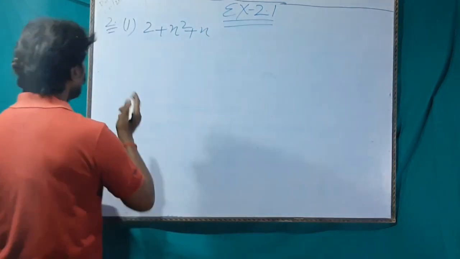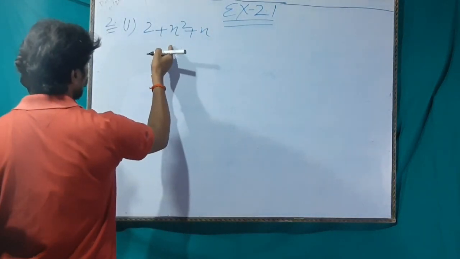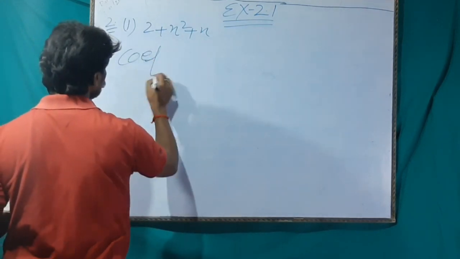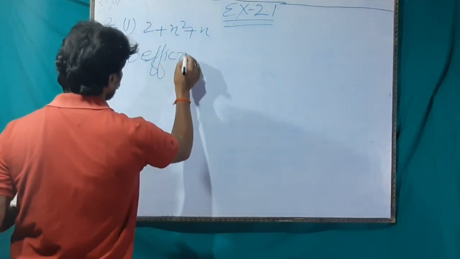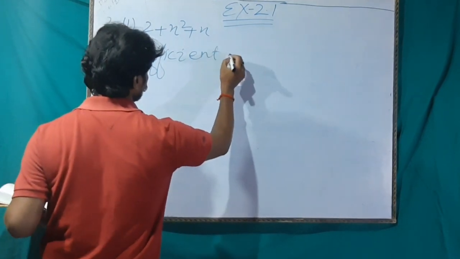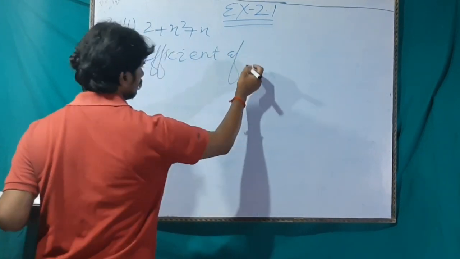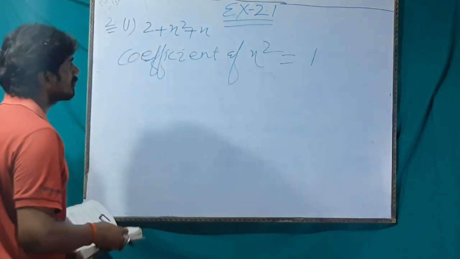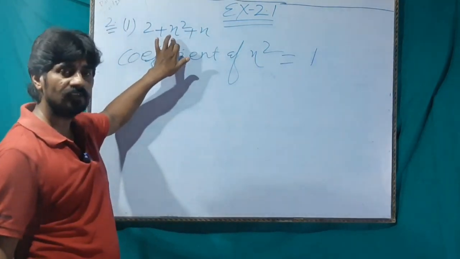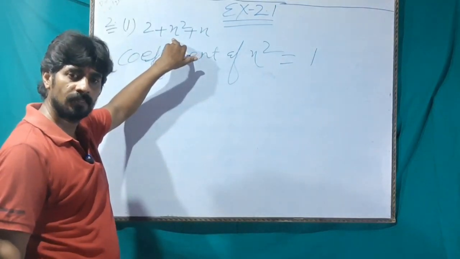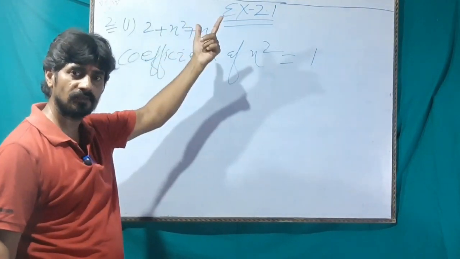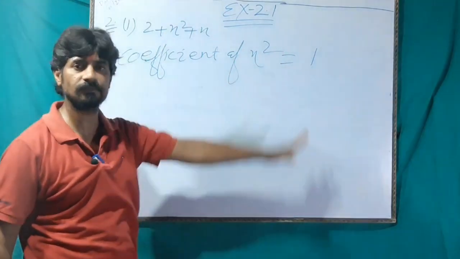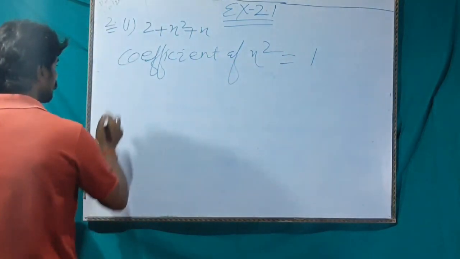So the coefficient of x square in this question is 1, because it is written x square, that means 1 into x square. So the coefficient of x square is 1. Next question,